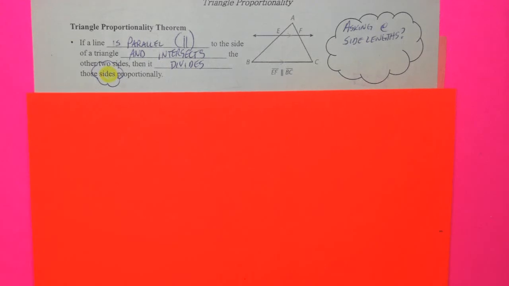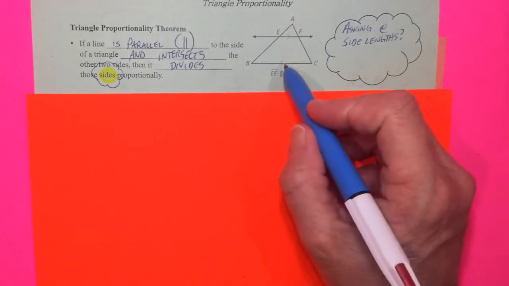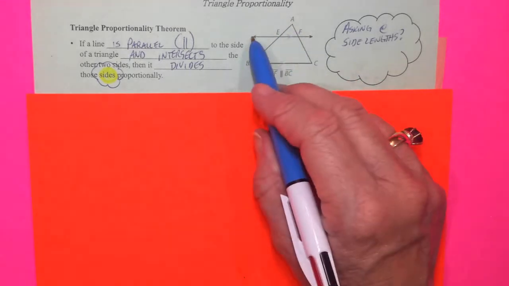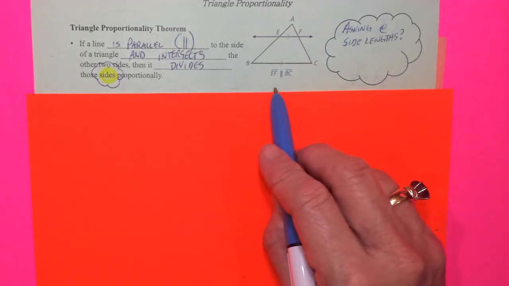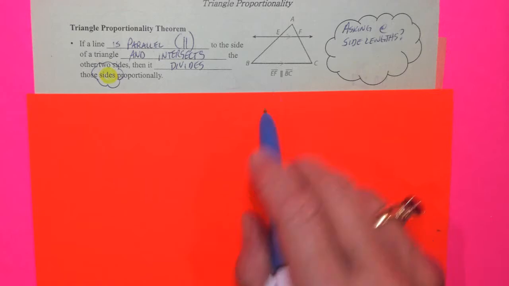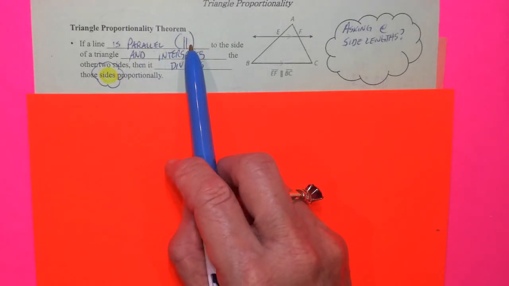So let's look at triangle proportionality. I want you to notice in this picture that you do have arrowheads. So you do know that this line cutting through the triangle is parallel to this base, and it's noted below the figure. If a line is parallel, and here's our symbol for parallel we've talked about all year, to the